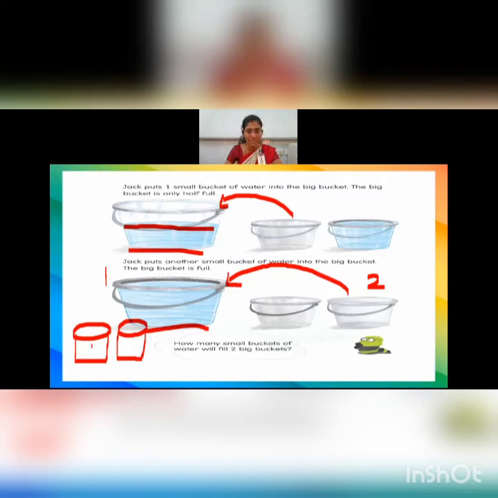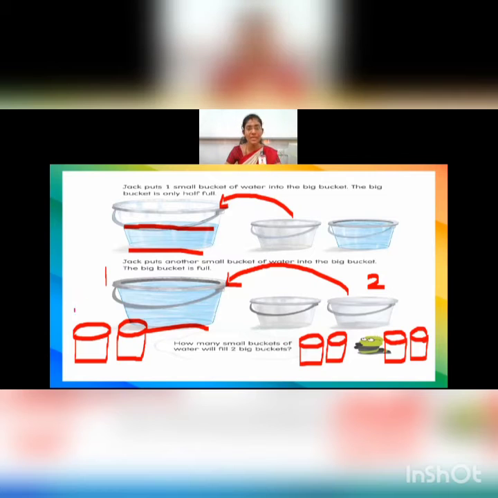Imagine that these are 2 big buckets. Yes, and here are small buckets. Okay. So here we have 2 big buckets and the question is how many small buckets will fill